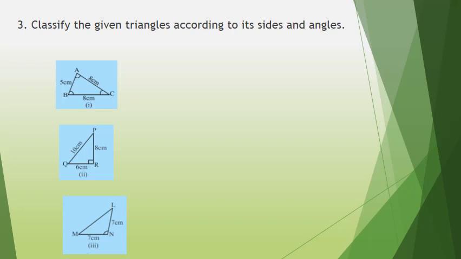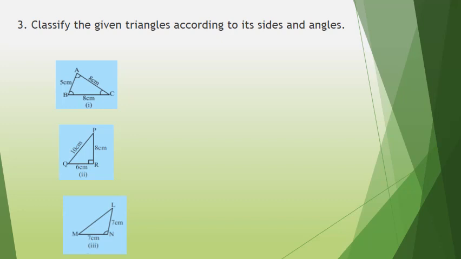Now we can give the name on the basis of angles. Look at the angles. Here all angles are acute angles. So we can say that figure 1 is an acute angled triangle. Similarly, the second one, look at the sides. All sides are of different measures. Such a triangle is called a scalene triangle. Hence, triangle PQR is a scalene triangle on the basis of sides.